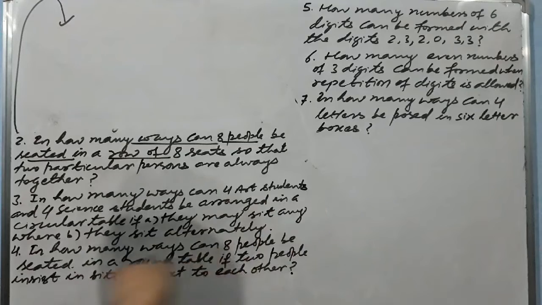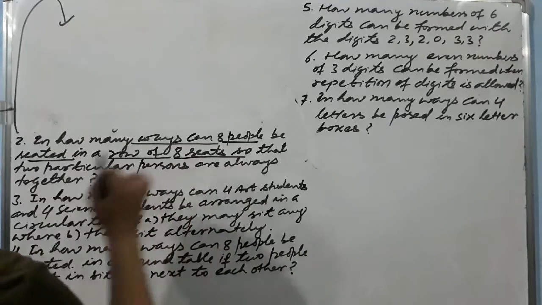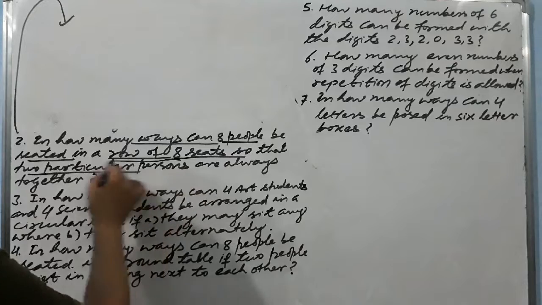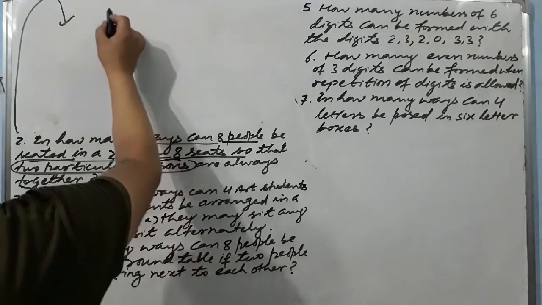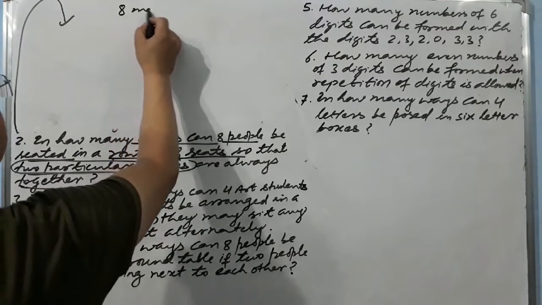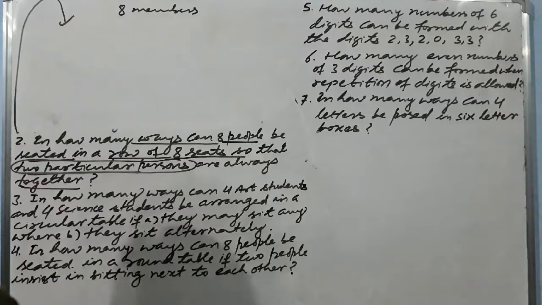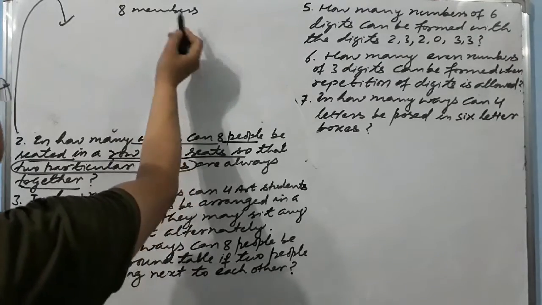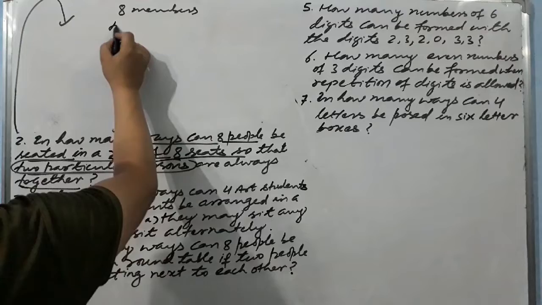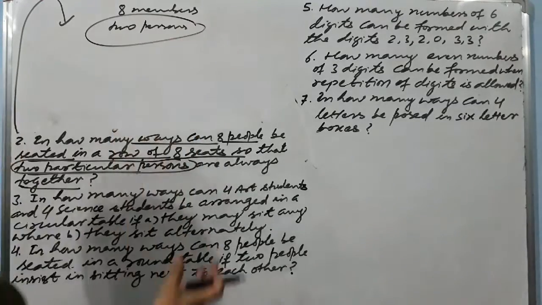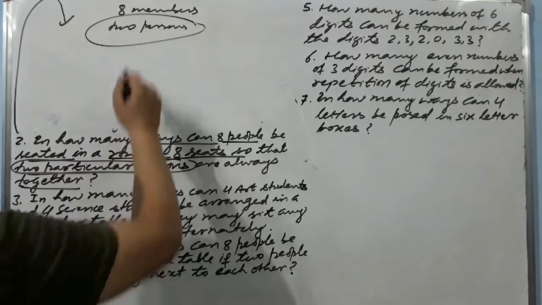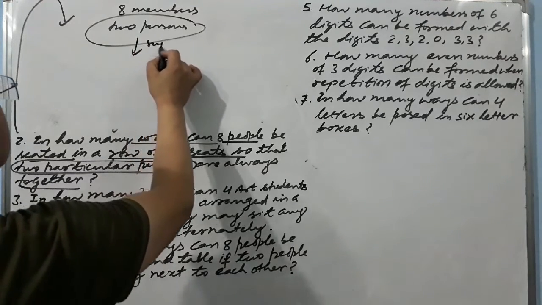Now, in a row, in a straight line, you can say 8 seats, so that two particular persons are always together. Same type of question. How many members are there? We have 8. 8 people are there, and two of these persons want to sit together, always. So these two persons we will suppose